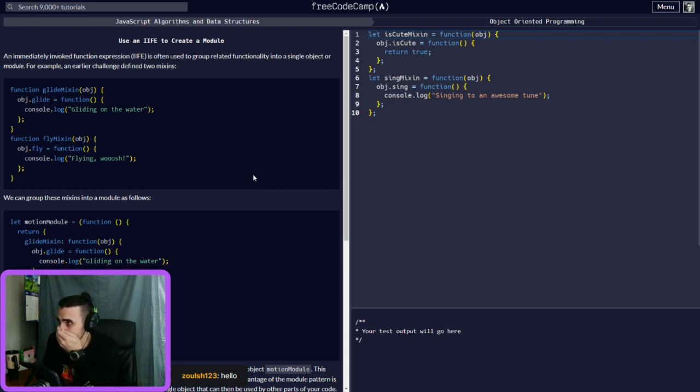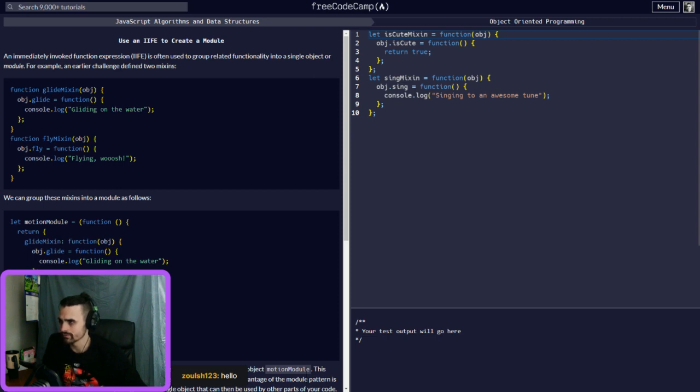So you have all of these which are made: the glide mixin and the fly mixin. So for motionModule, it takes the function and returns the glide mixin function.